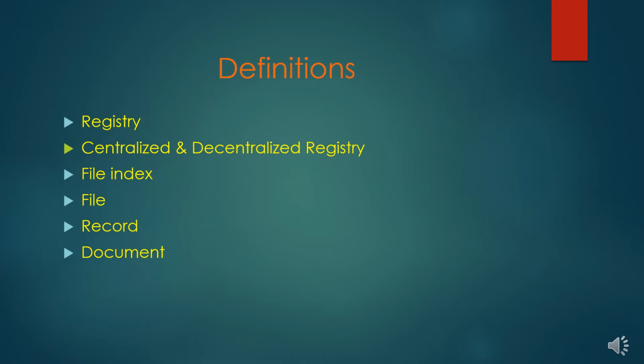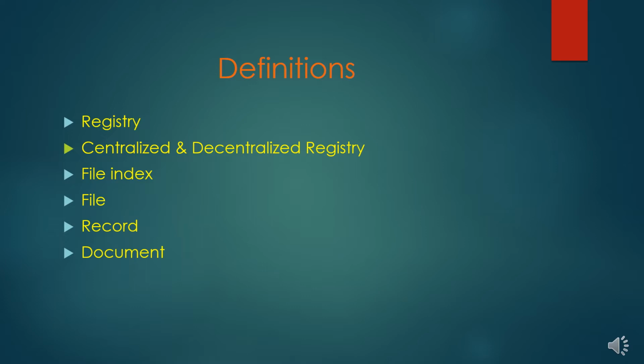In such a scenario, we term that one a decentralized registry, because every faculty has its own registry. But mostly universities have two, whereby you get that there is a central registry that manages all registries